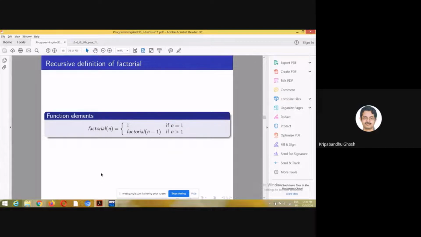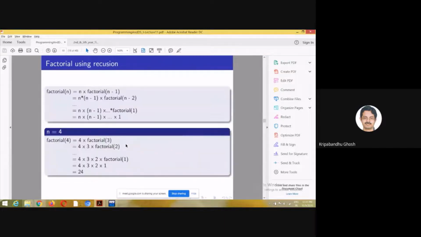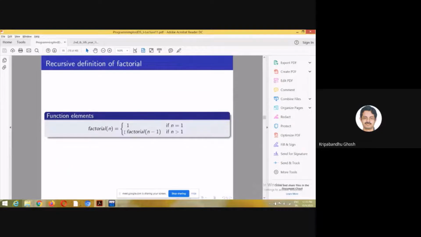Let us try to understand this particular problem with an example. So let's take the example of finding a factorial of a large number n. For 1, by definition, the value of factorial is 1, right? Factorial 1 is 1. And I use a recursive definition. Sorry, there is a mistake here. I will correct this. So this should be n into factorial n minus 1. This is true when n is greater than 1.